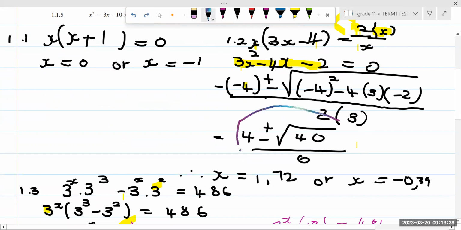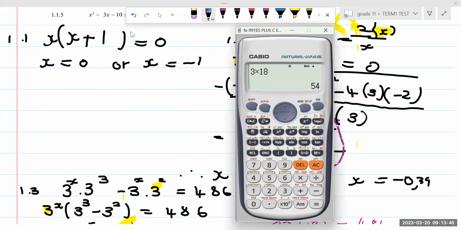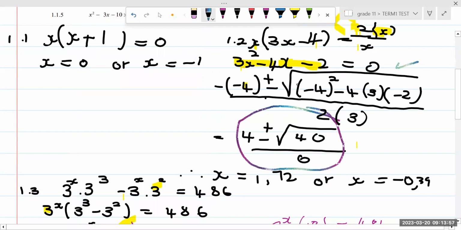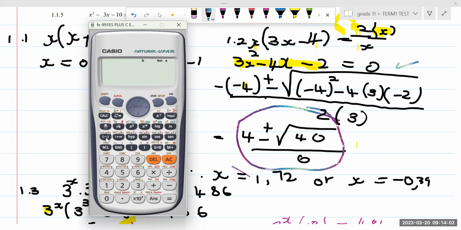So let's take the following. If we're going to type this in our calculator and you have the problem of rounding off, this is how we're going to solve the problem of rounding off. We can type this original one because this one is much safer. This one is the discriminant again. So let's type this one here. So we go and say we have minus open bracket, minus 4 close bracket, plus